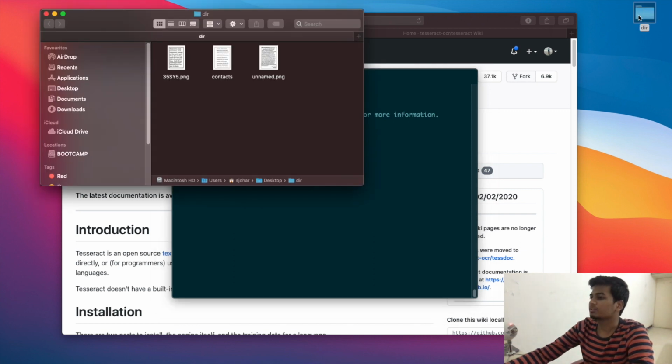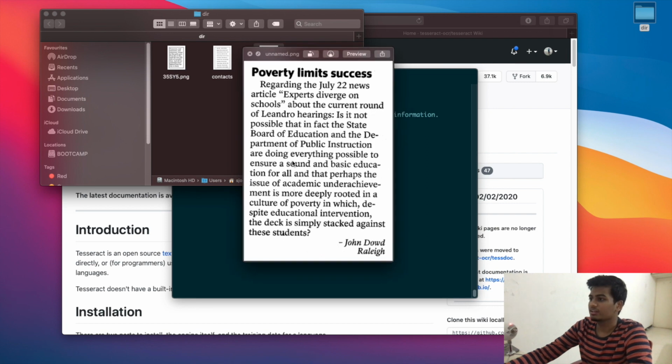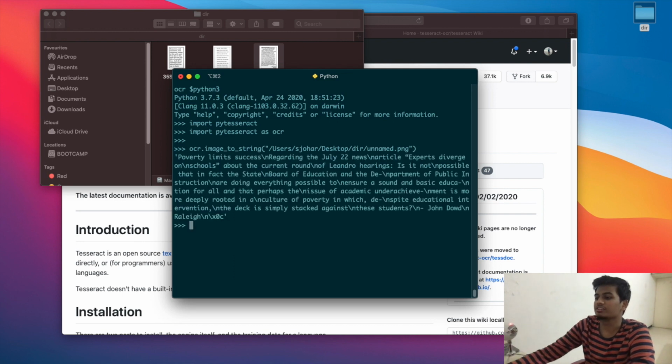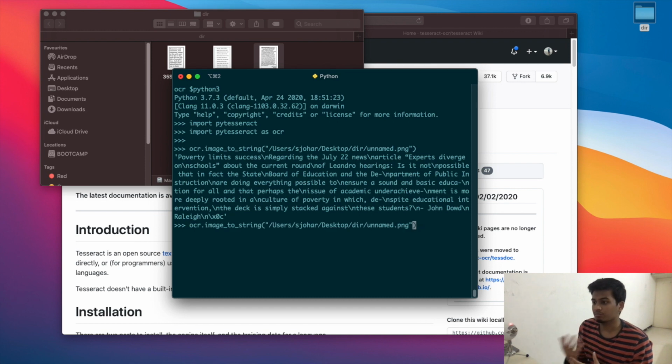So for example, if I have the same example, right? So this image I have, I'll simply pass in the path to that image, and it should directly give me the extracted text. This function, image_to_string, also takes in a NumPy array. So if you're using something like Pillow or OpenCV and you already have an image loaded up in memory as an array or as a NumPy array, you can pass that as well to get it converted to text.